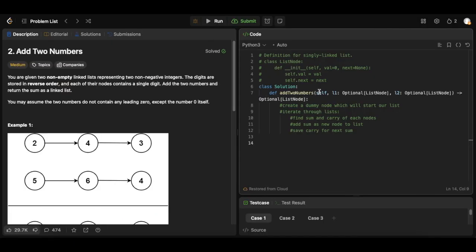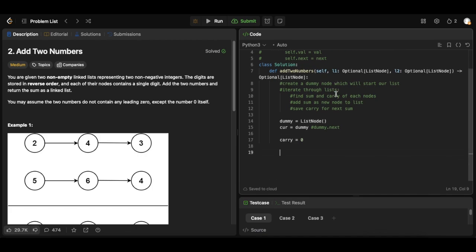We're going to start off our code by creating a dummy node. And this dummy node is going to be an empty list node, which will help us take care of many of the edge cases which come with creating new linked lists. So we're going to take a current pointer and set it equal to the dummy, and we just need to remember that at the end we're going to be returning dummy.next as the head of our actual linked list representing the new number. Then we're going to take our carry, initially set to 0,